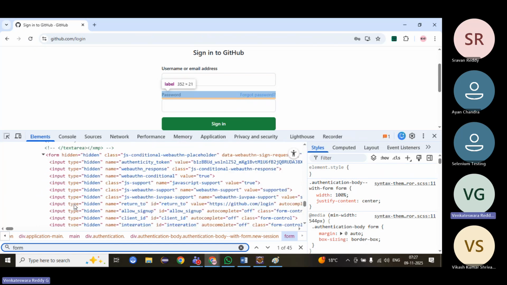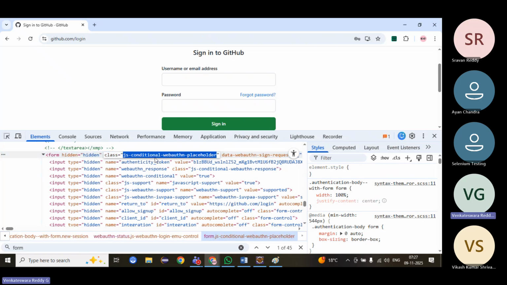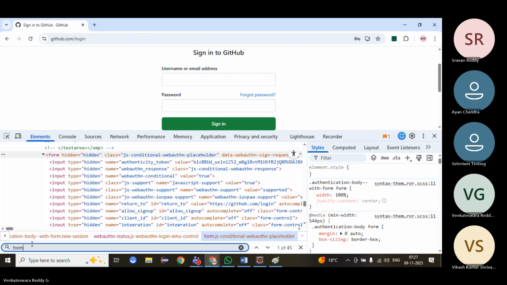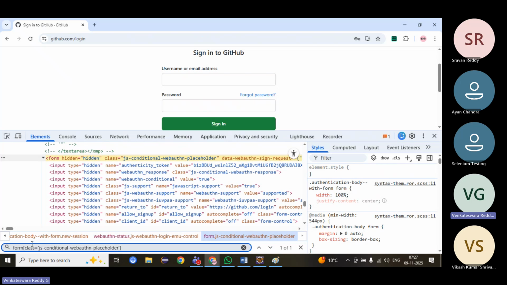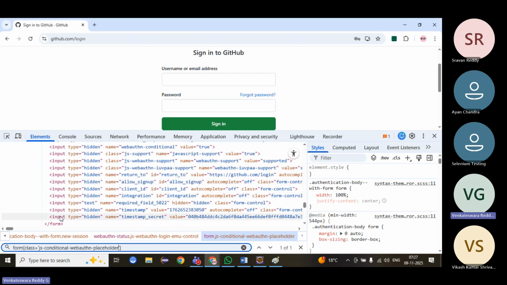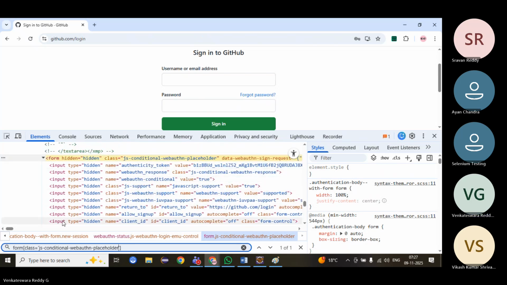Any unique element. Okay, there is a class, form class something. Form class equal to, okay, this form. Currently we have identified this form. These are all child input tags, all children of that element, children of form. If I want to identify those children, we can give